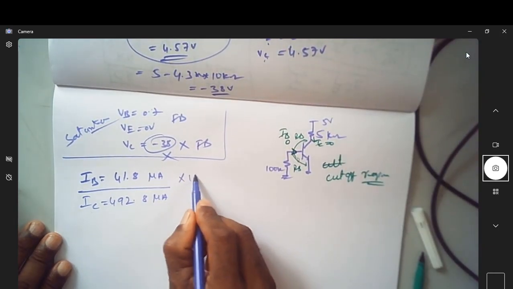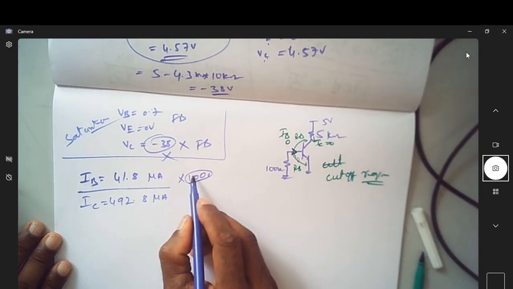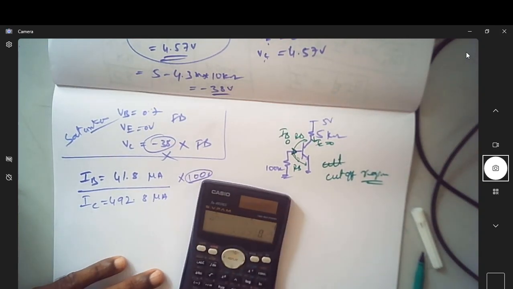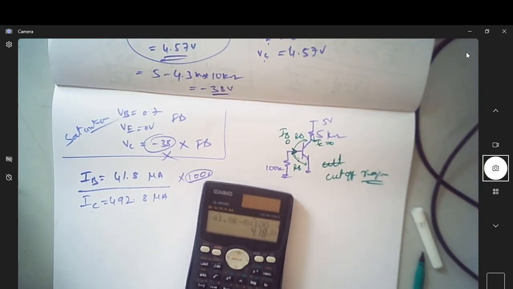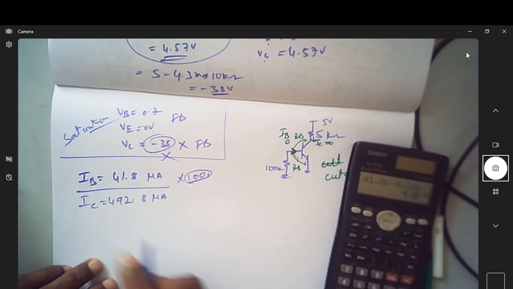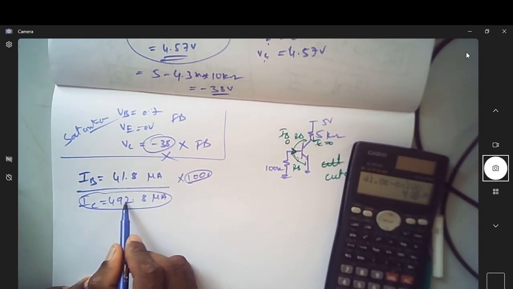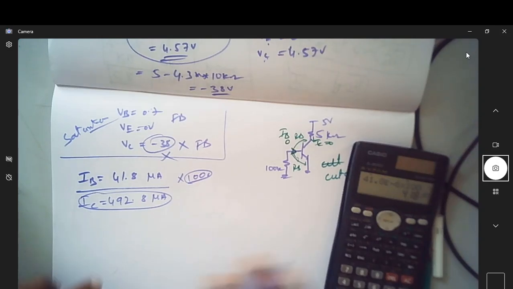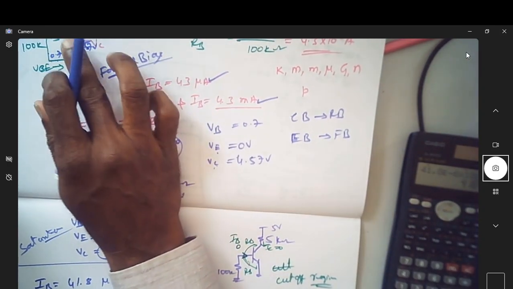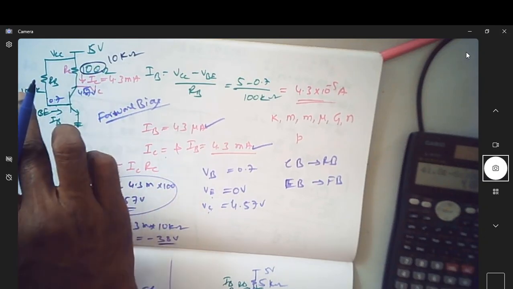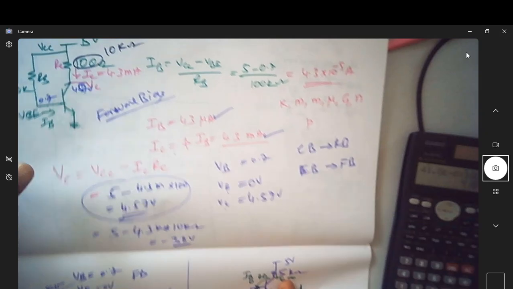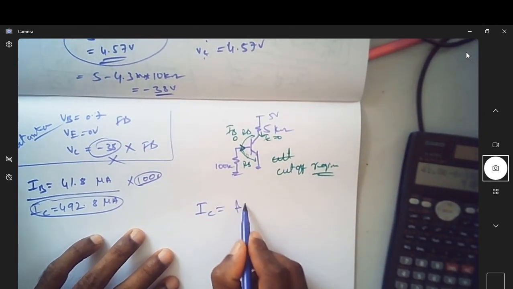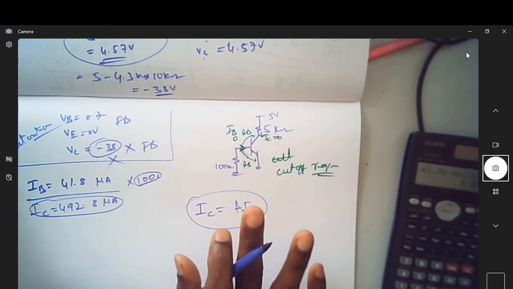IC is not 100 times of this. What is 100 times of this? 41.8 e power minus 6 into 100 is actually 4.18 milliampere. But the actual current flowing is 492 microampere, meaning since the transistor is not operating in the active region, this equation IC equal to beta times IB is not valid